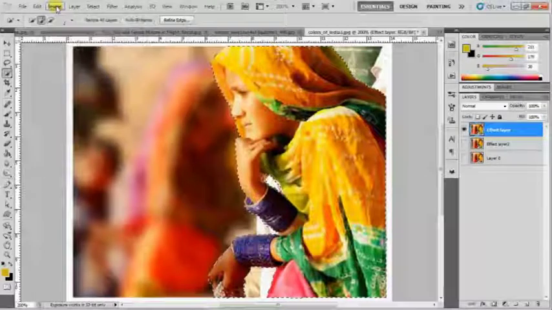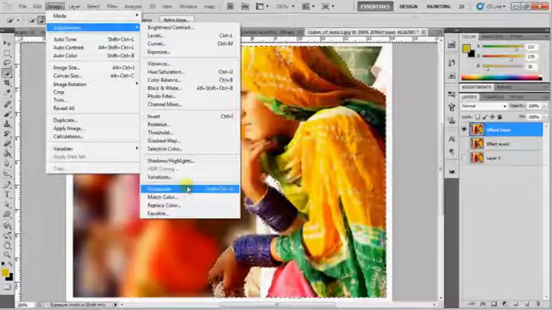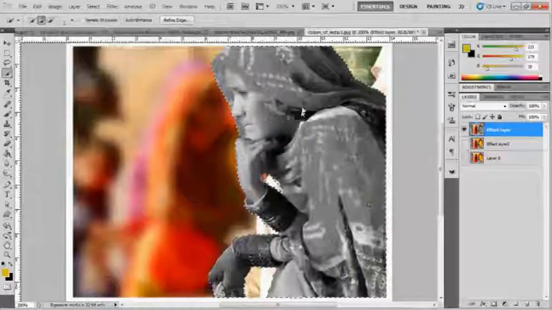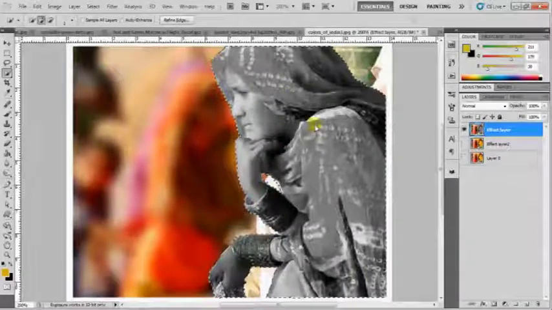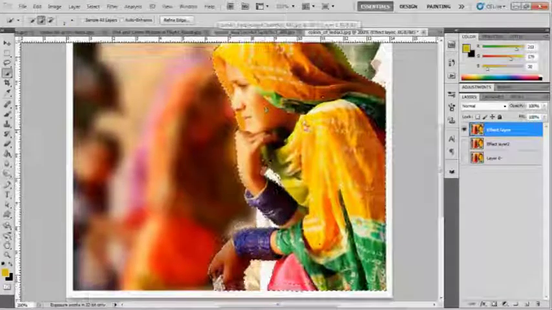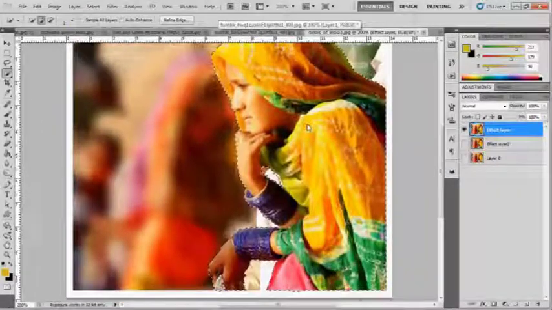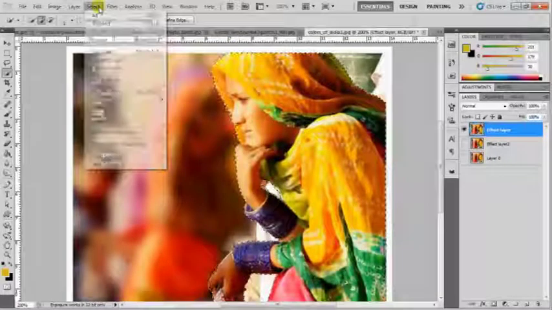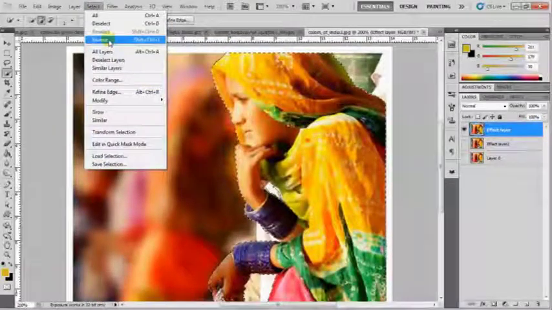If I apply any effect, if I go to desaturate, it will make this image black and white, but I don't need this. This will give the feeling that there are some happy moments going on outside and she is in black and white, and that gives a depression kind of feeling. But I want this lady to be colorful and in a happy mood. So what I'll do is go back, Control Alt Z, and I don't want this lady to be in black and white. So I'll go to select and click on inverse,